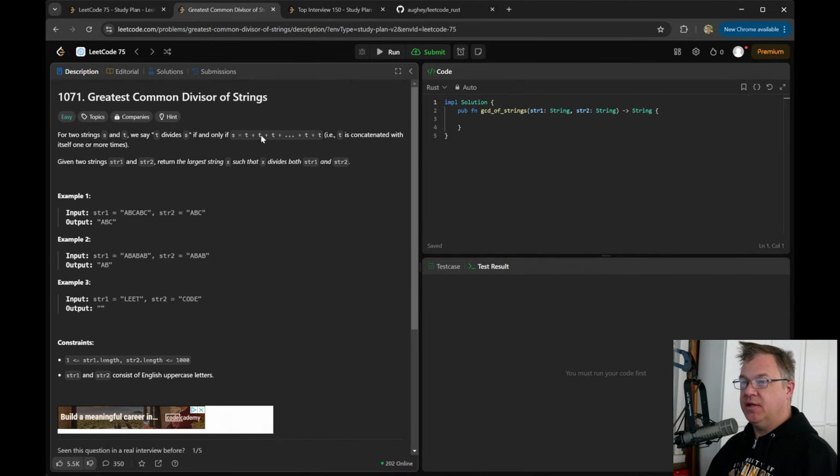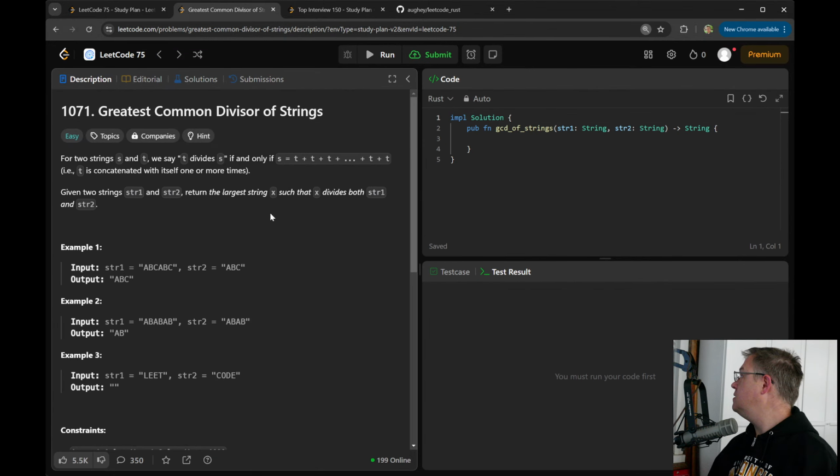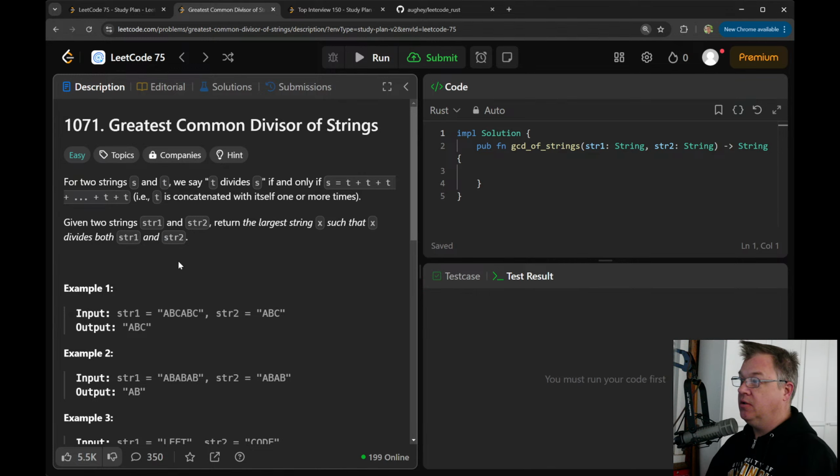Greatest common divisor for two strings S and T. There we go. We say T divides S if and only if S equals a bunch of T's, T concatenated with itself one or more times.